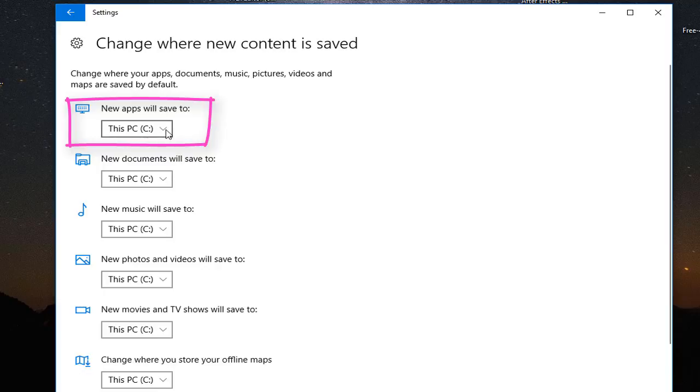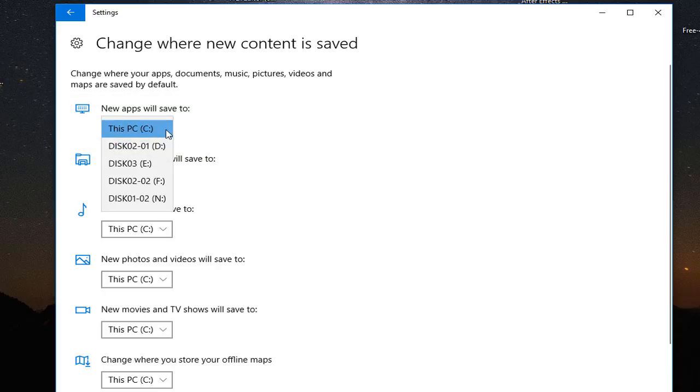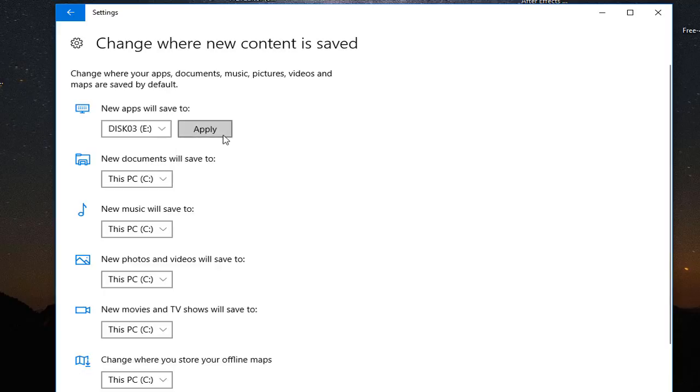By default it's on my Drive C, but if I click here I can change it to whatever drive I want. So for example I can change it to drive E or F and hit the apply button in order to save the settings. Okay, so I can do the same for my documents, my music and my photos, movies